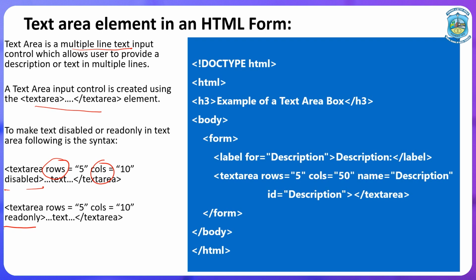So, as you can see here in the example, for text area I have set rows as 5 and columns as 50, and name I have given as description itself, and here between the opening and closing tags,